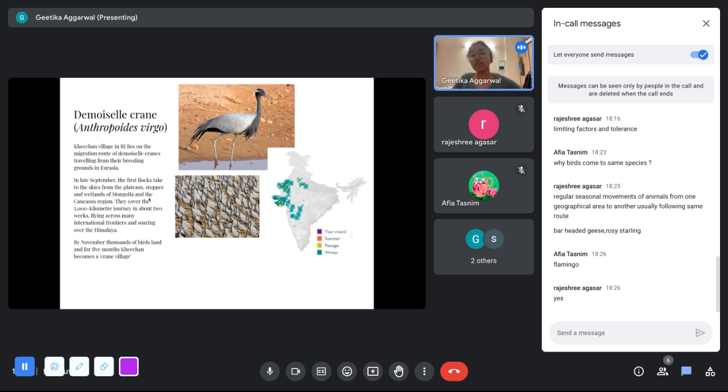They start flying from the plateaus and the wetlands, from the steppes, which are found in Mongolia and in the Caucasus region. They also cover a very long distance. They cover a distance of around 5,000 kilometers, and they cover it in 2 weeks. And they fly even across these high Himalayan mountain ranges. And by November, a lot of them have reached the Khichan village, which has now started to be called the Crane village. And people in this village welcome